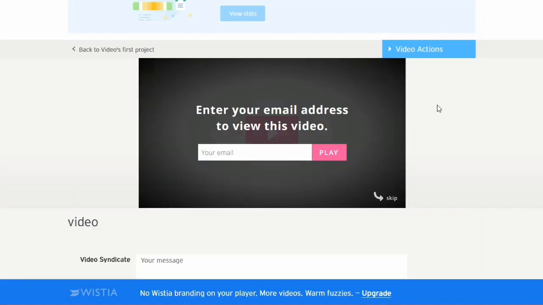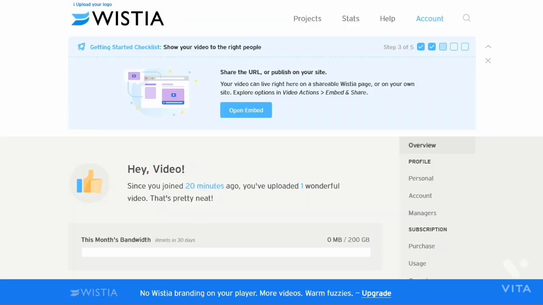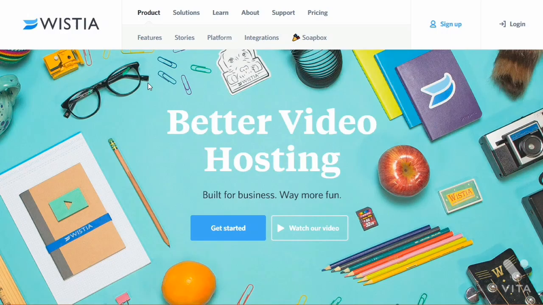You'll get to preview your video with the settings that you set up for it, and it's ready to be shared. That's how you upload video using Wistia. It provides you with a variety of video editing options. Using video sharing platforms will take time to gain a huge number of viewers, but in time, if your content proves valuable to most viewers, you'll get to see an increase in the number of views and eventually your followers.